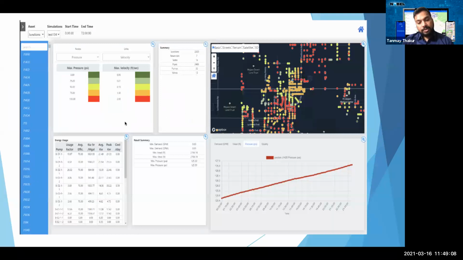So this is the same screen which I was showing previously, but this is a zoomed in screen. Here you can see we are predicting the pressure across a junction for the next 6 hours. So suppose you are in the office and you want to forecast what might be the demand or the pressure across a junction in the district, you can use this tool, enter the demand, and see how much will be the pressure across that junction. And this is available for all the water assets across all the districts if you have the data for it.